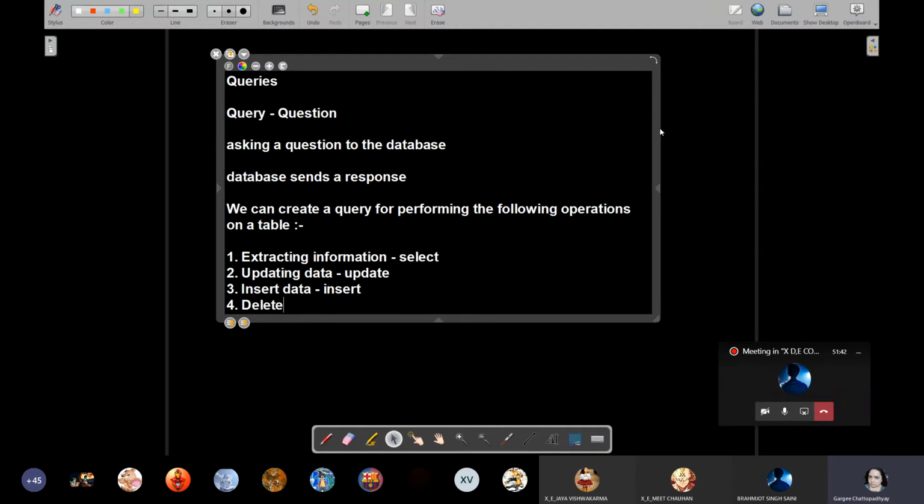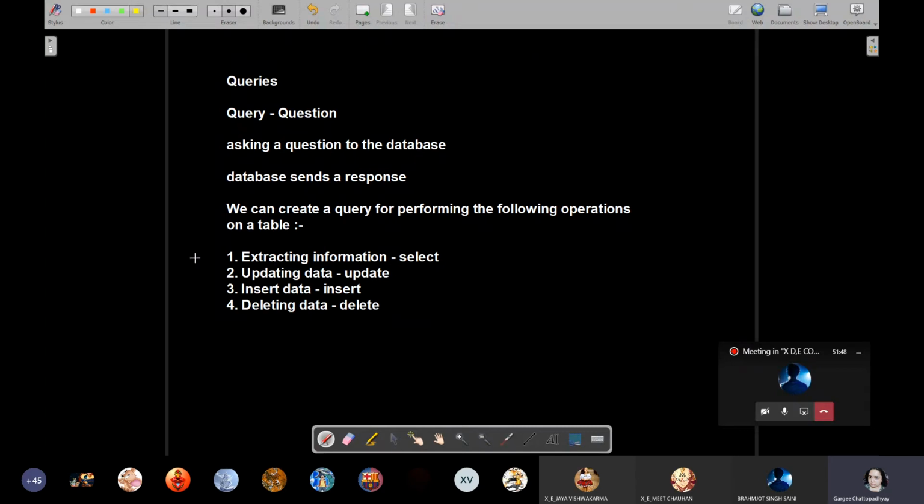Fourth is deleting data, that is a delete query. What we are going to primarily see here is the first one, extracting information. Select, update, insert, delete are actually SQL statements, but we are not going to study SQL, because Access is fully graphical user interface software and you will be designing queries using the various features of MS Access.